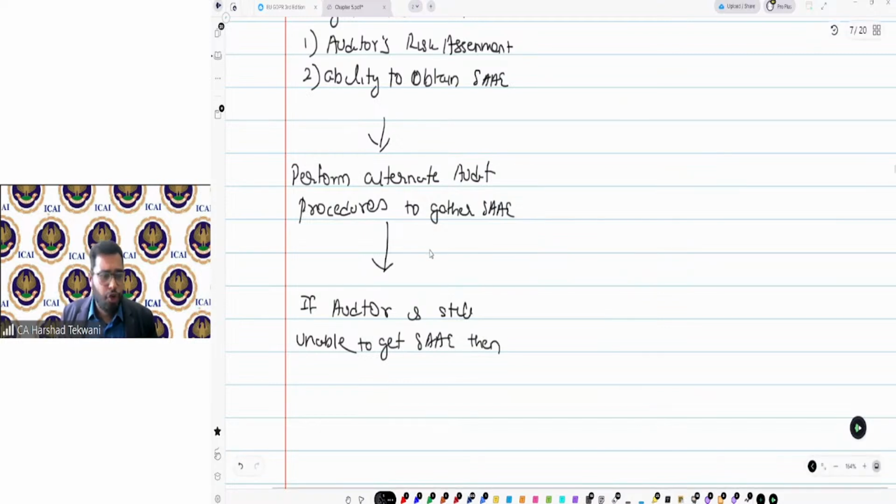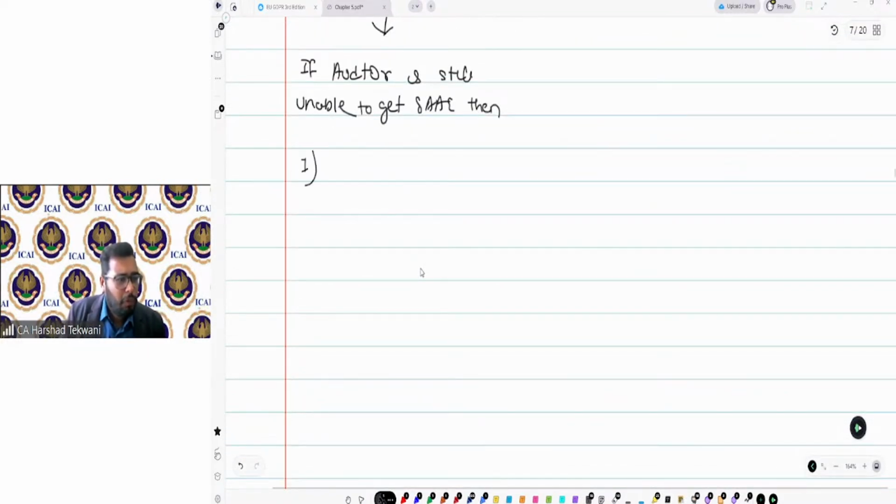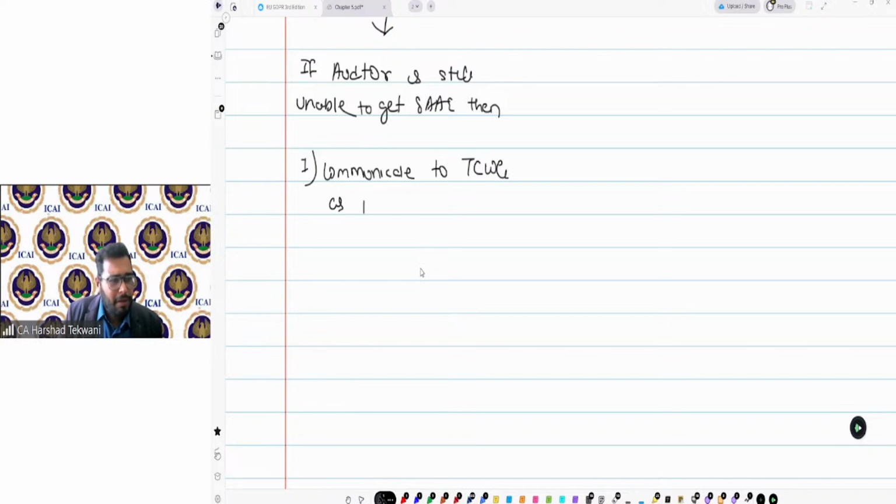there are two things the auditor should do. One, communicate to those charged with governance as per SA. Which SA? Come on, guys. Which SA? You tell me. Second, consider implications on audit opinion.